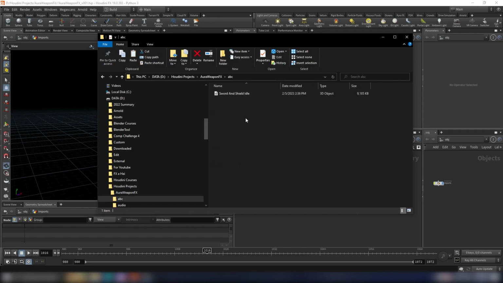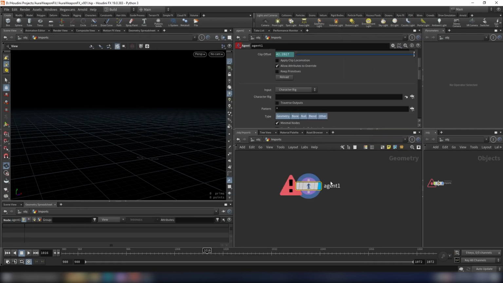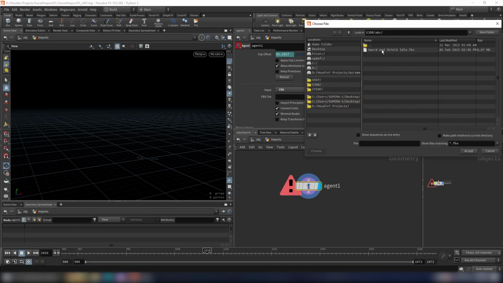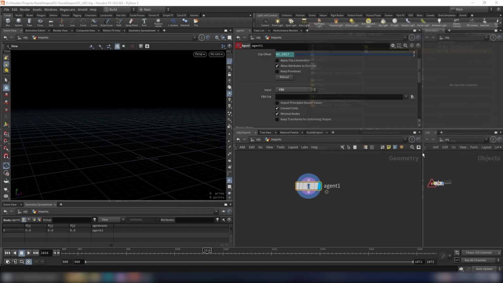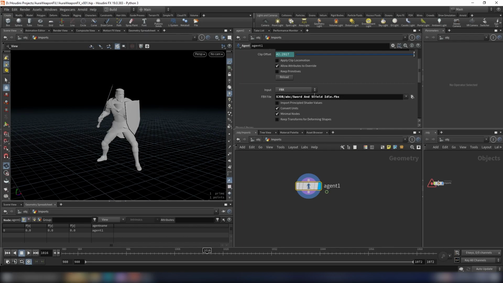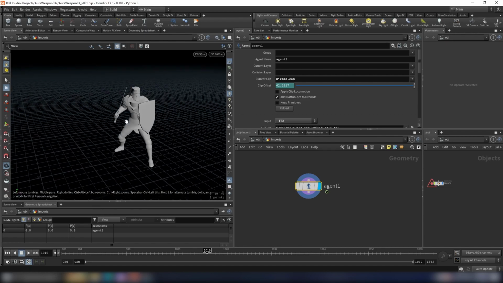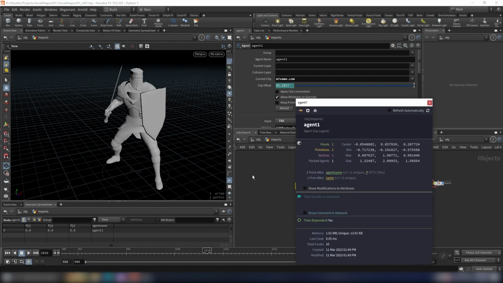Let's Ctrl V. Okay, so let's drop down an agent source and change the input to FBX, and the FBX file would be this animation here. Click on accept, and we can see our animation right here. And we need to change the current clip to mixamo.com. Okay, so right now the model is